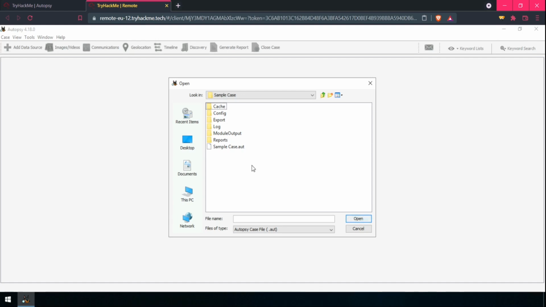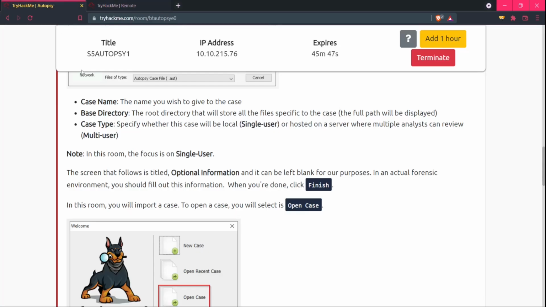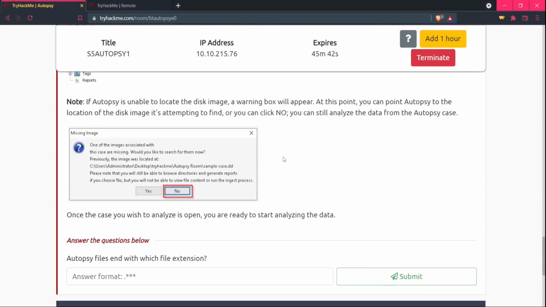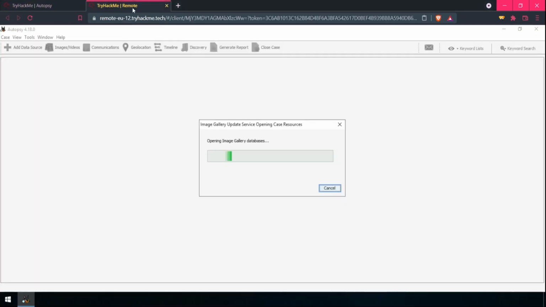So if you find any .aut file, just consider that it is an autopsy case file. I will click on it and open it. It will take some seconds, and I will show you something.